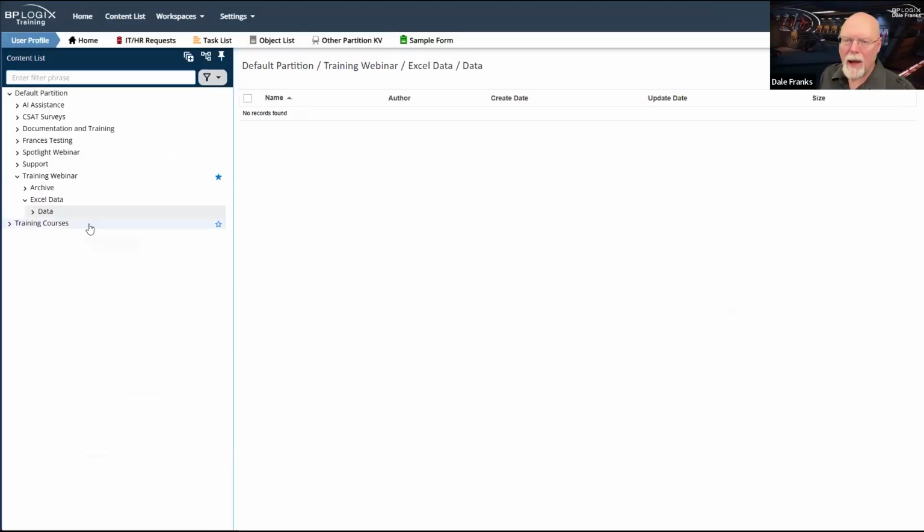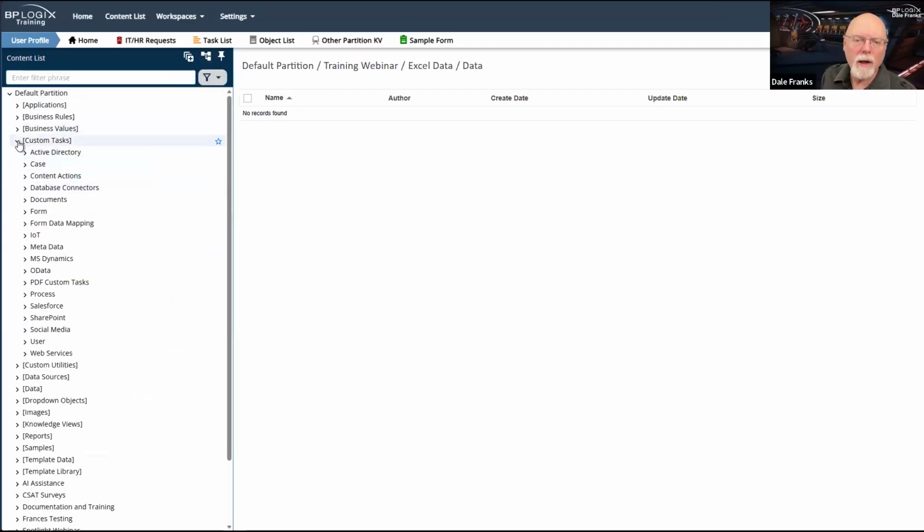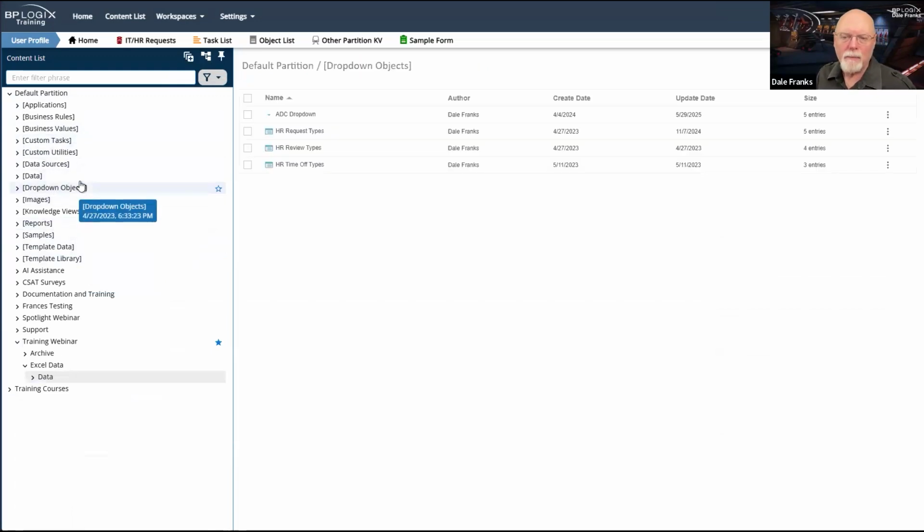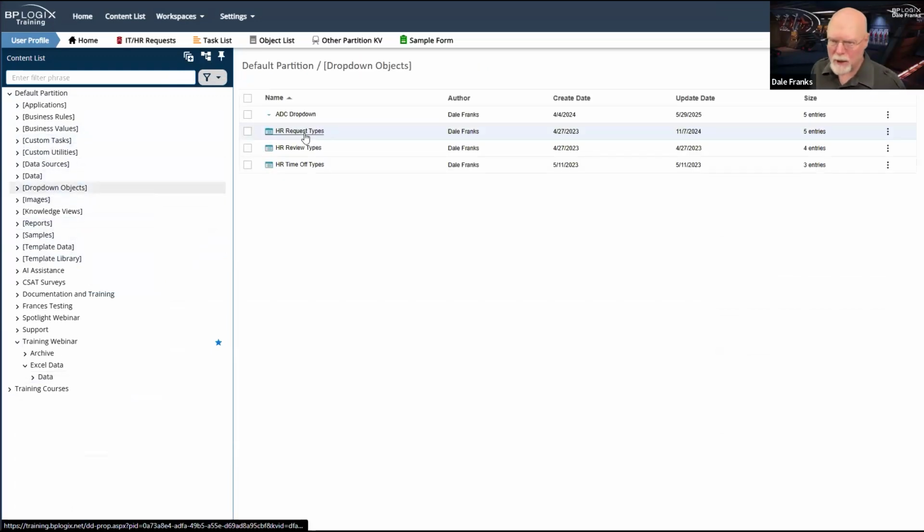One of the primary ways in Process Director that we have for storing data, especially data that we're going to use to fill dropdowns, are the dropdown objects.